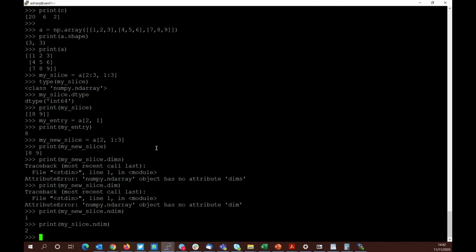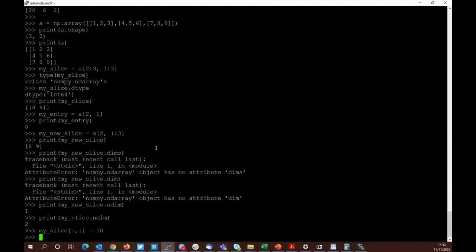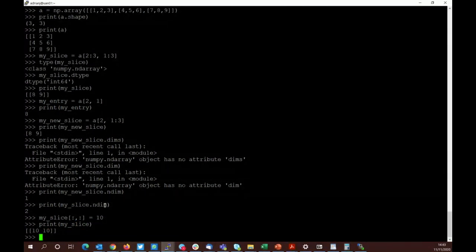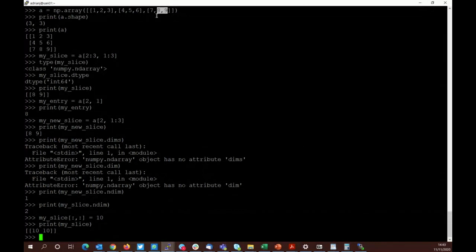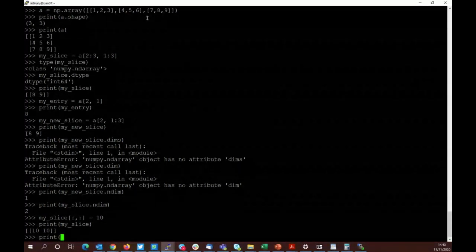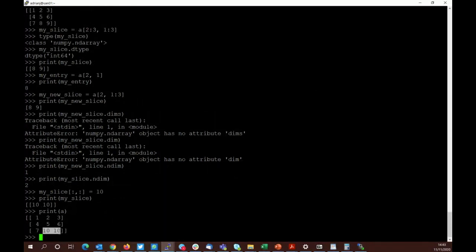And we can see we don't have to just use that slice for viewing the data. We can also use it for updating the data. So I could say, I can specify my slice, all the elements in my slice, but set them to be 10. You can see that now these two are 10, but we should also have changed the original array, which was defined like this. So these 2, 8, and 9 numbers should now be specified as 10 instead. We can see we have updated that, so we can use these views or slices to take chunks of the data and work on them